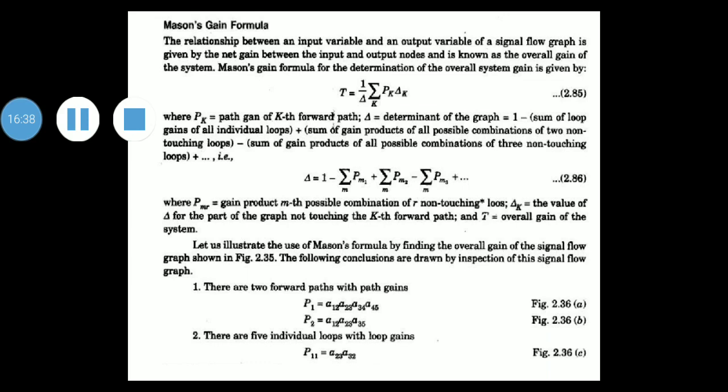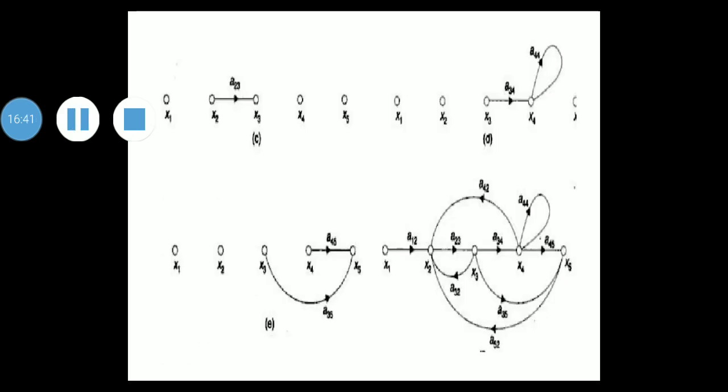So this diagram represents the complete signal flow graph after combining all the diagrams of all four equations. Then how to obtain the overall gain from input to output? It may be obtained by Mason's gain formula. So what is this Mason's gain formula? I'll take it in the next lecture. I'll stop here. You can go through this.